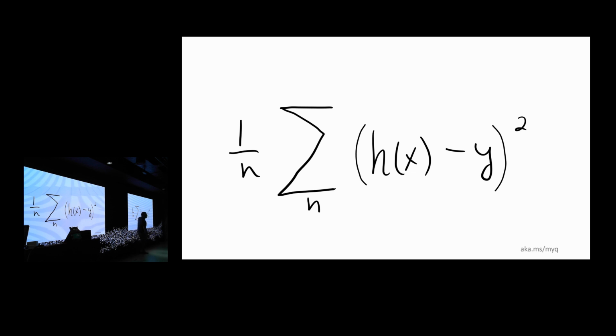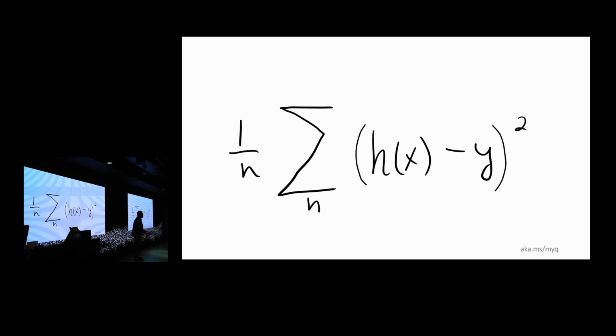So this is our function that guesses stuff, right? This is our function. This is the thing that's the right answer. Because remember, we have to give it the answers and the data. Remember that? The input and the answer. So here is the input. Here is the answer. When we get the right answer, if we guess the number 0 and the right answer is 0, what does this equal? 0. If we get anything other than the right answer, what does this equal? Not 0. And then we square it.